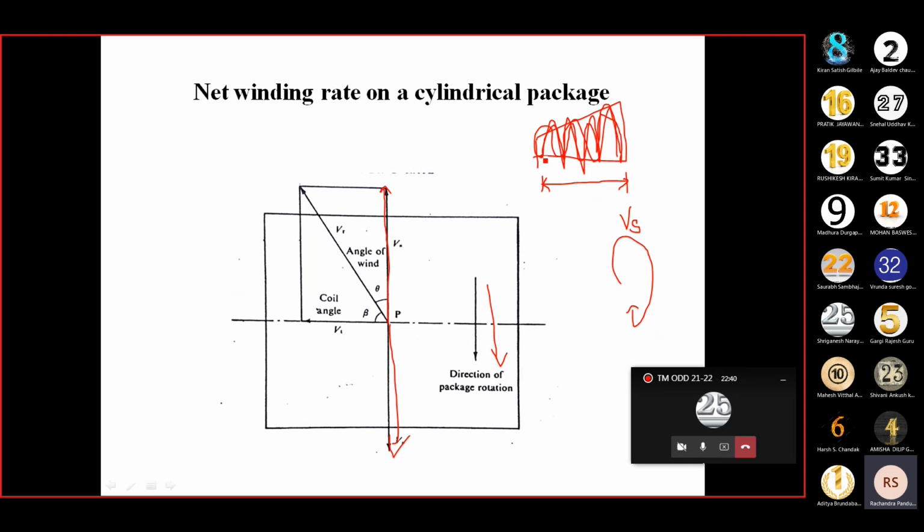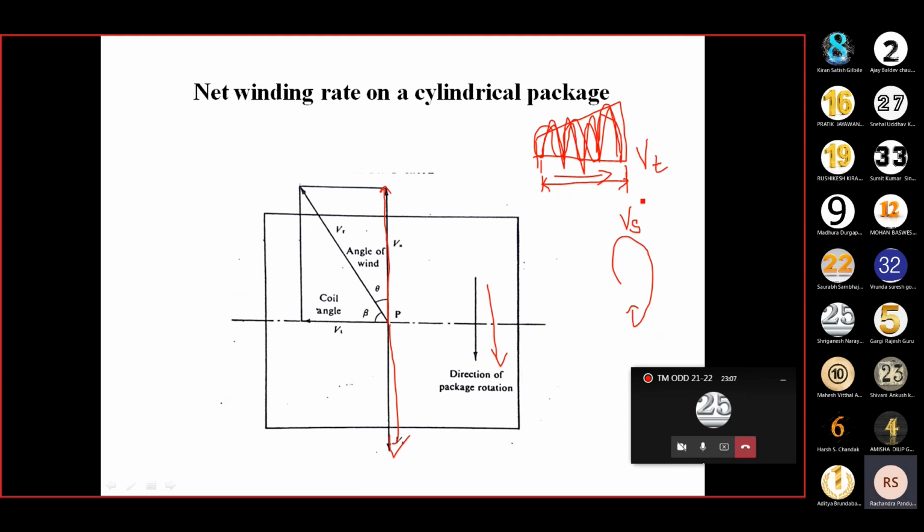So here we are not thinking about the double traverse. What we have to think is that we have to travel from this point to this point. So what is this? This is a traverse, as we are traveling from the start point to the end point, one side of the package to the other side. So at what rate are you traversing? It means you have to also consider the traverse velocity.